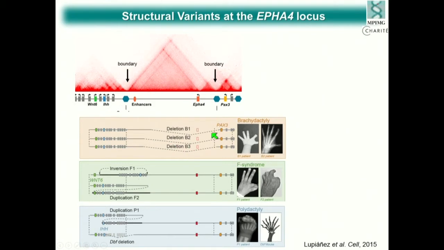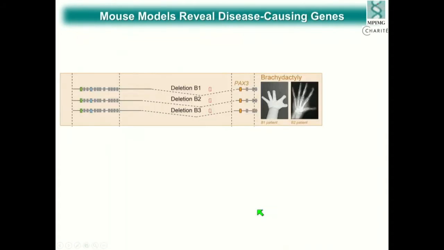This deletion here produced brachydactyly, so it's a shortening of the fingers. The inversion here produces F syndrome. And finally, the duplication here produces polydactyly, so extra digits. And how does this work? Well,